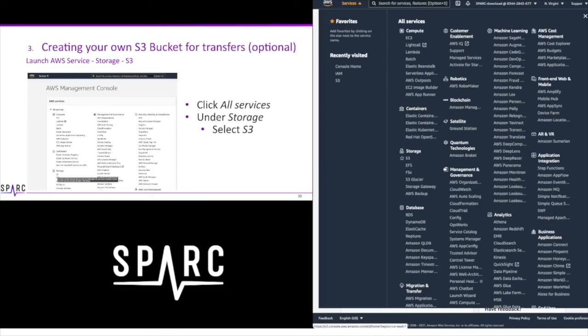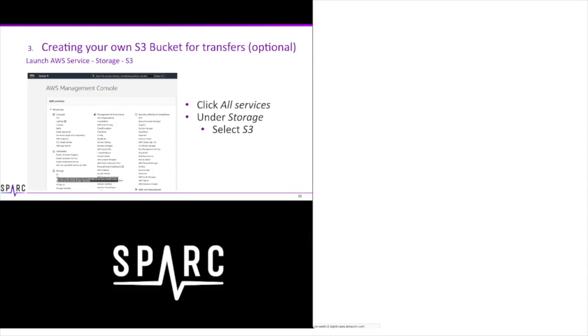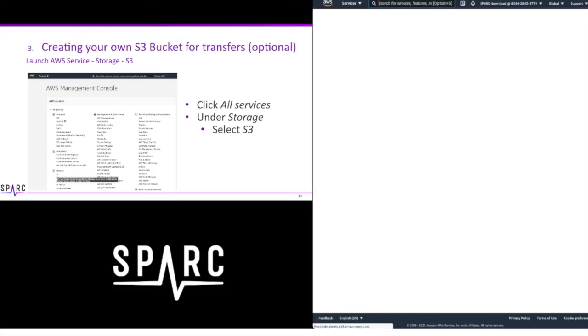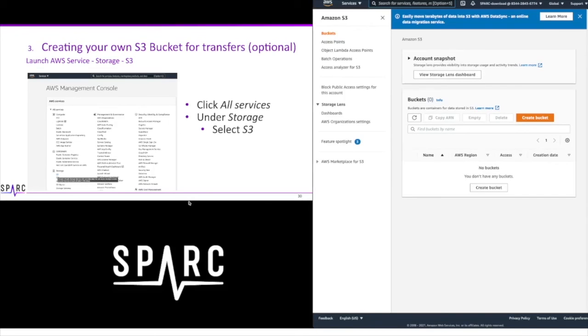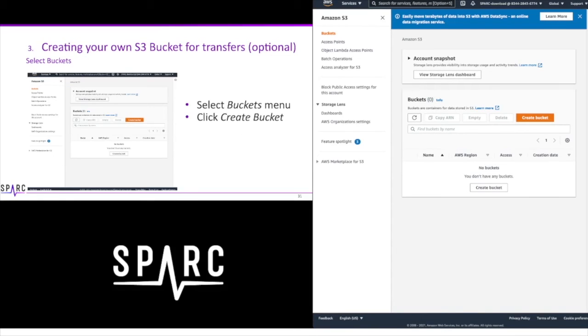You can favorite any services that you use often by placing a star next to them. Buckets should already be selected in the left-hand navigation. Click if not selected.